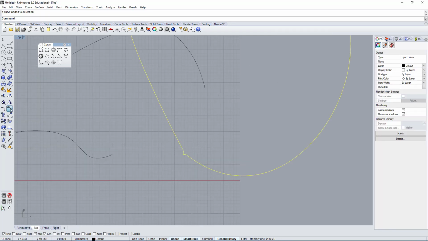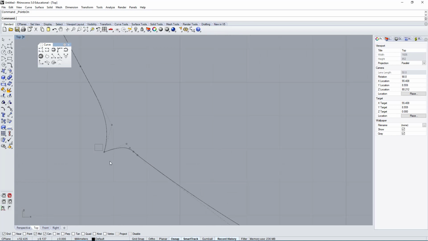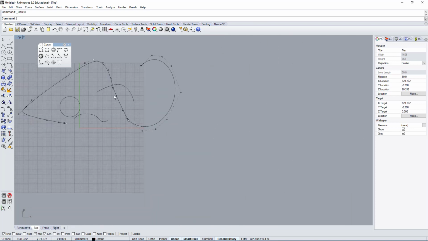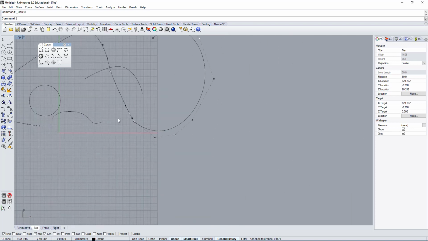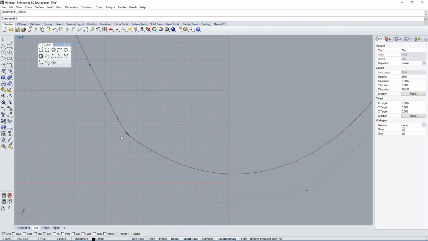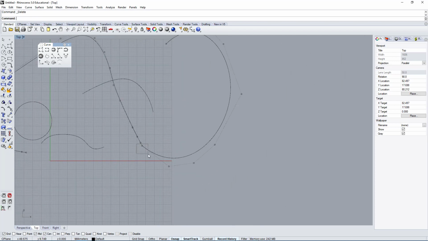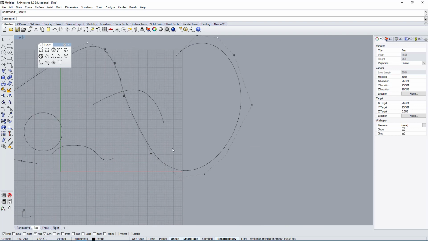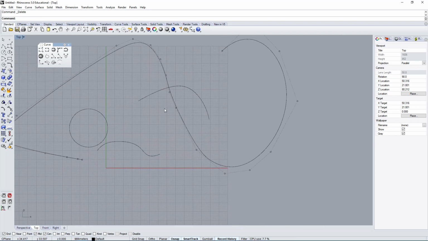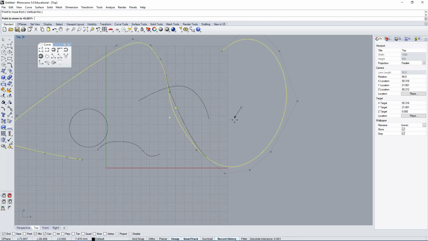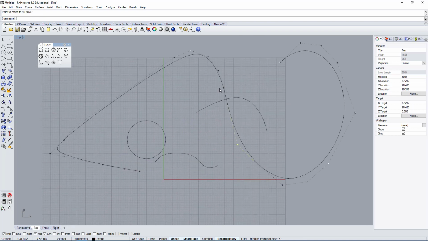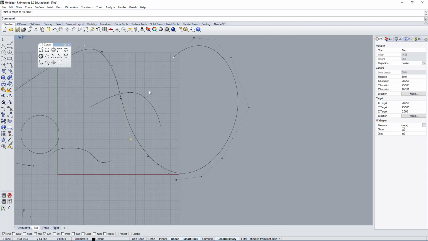Let's go here, look at the points, and I will simply delete the point where both curves intersect, and that's it. It becomes a single curve. The curvature is exactly the same. Now if I want this to be a little smoother, of course I can delete additional points. So this is essentially how you work with curves. If you want to smooth a curve, you can delete some of these points. If you feel like you need more points, you can move them around, you can add to it. We already saw how to do that.